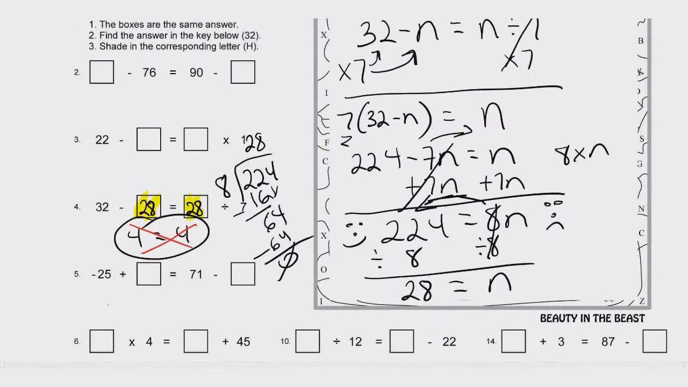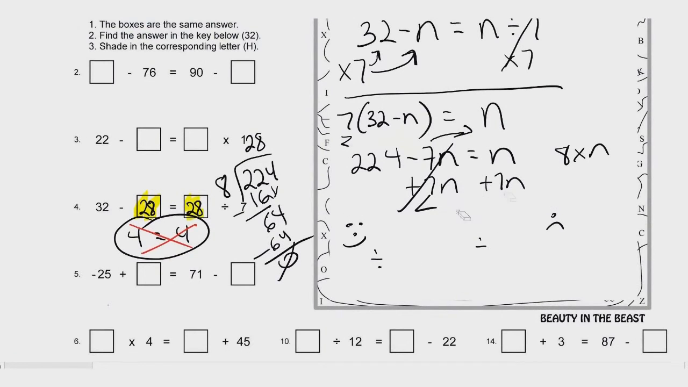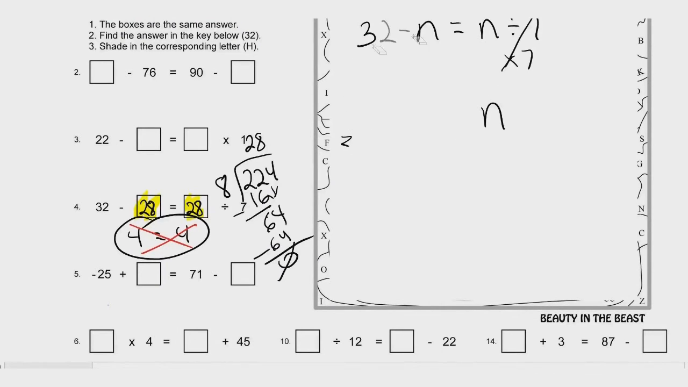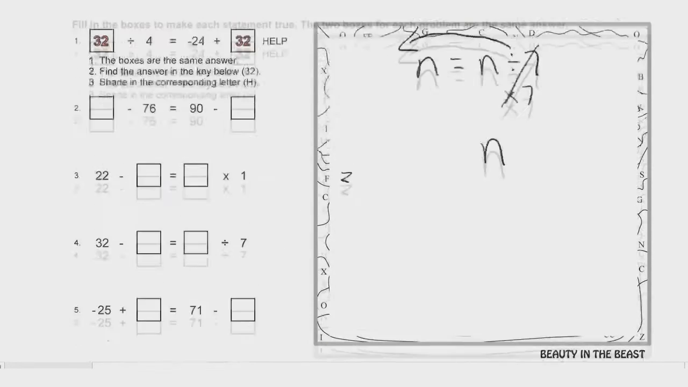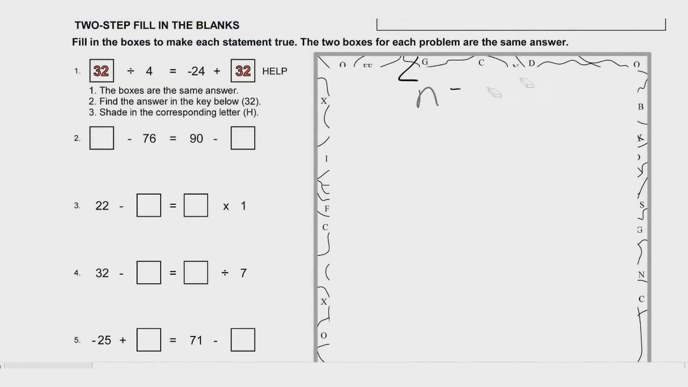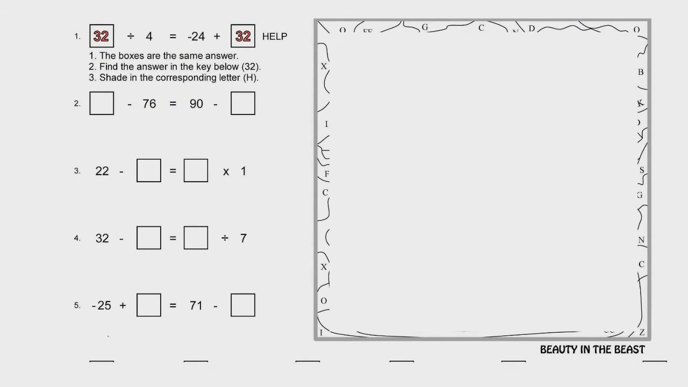Number 5, let me clean this up really quick for you. Number 5 is a negative 25. It's a negative number, which you might be, oh, wait a second, this is a little confusing. But remember, a negative number is just subtraction. Don't think about it in any hard way. Let me write this in, negative 25 plus, I'm going to put an n for the empty box, equals 71